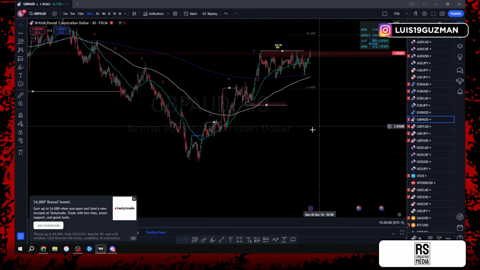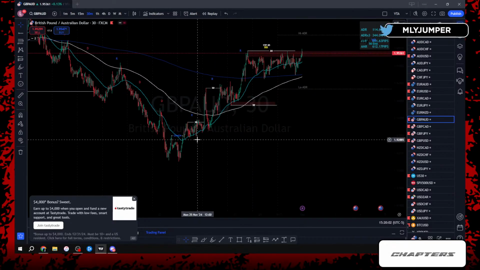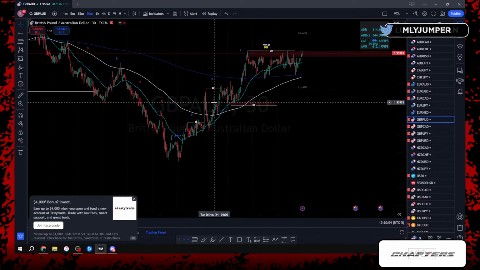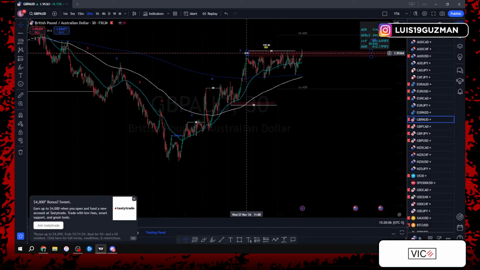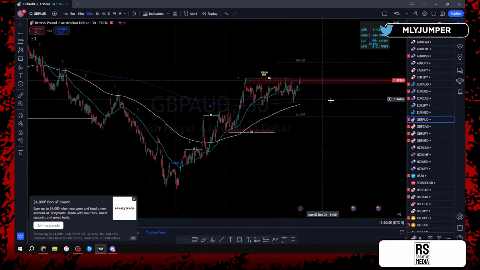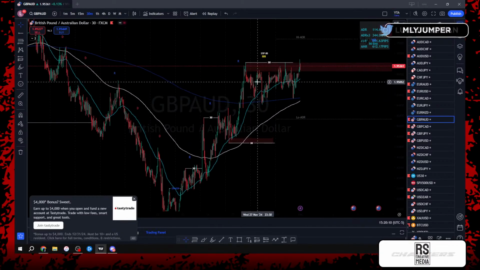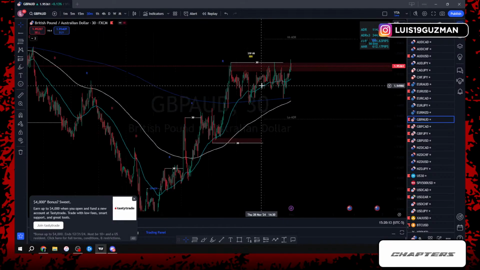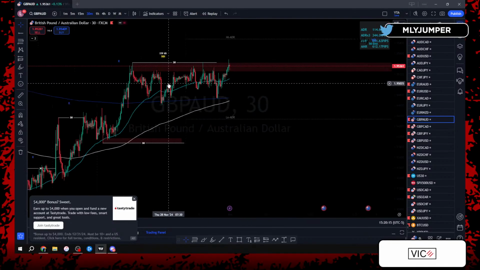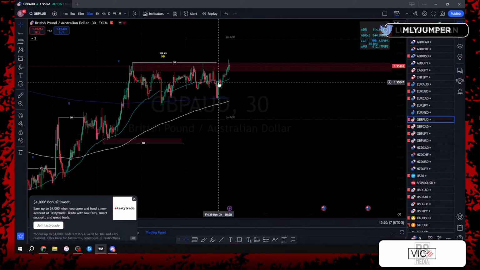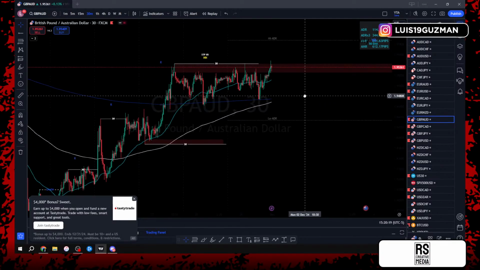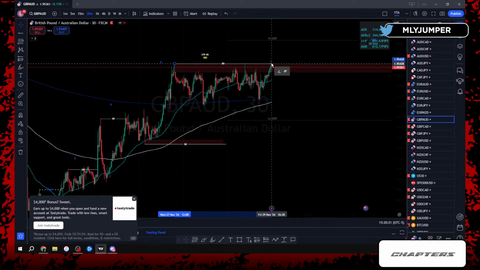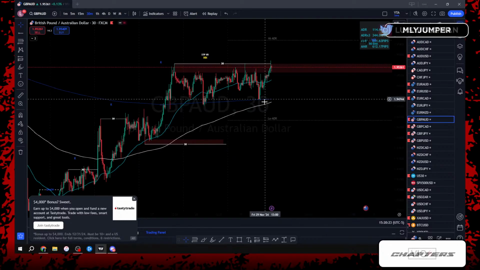Structure in the 30-minute looks good. We had a change of character, we had a break of structure, we had a 2 days, we had a 372, got the 3rd day push. On the 4th day, once again, you're looking for price to give you a push back down or giving a no net where price moves sideways. It gave you the sideways movement. Then on the next day, it gave you the continuation, that push to the top side. So once again, this pair is looking really, really good.